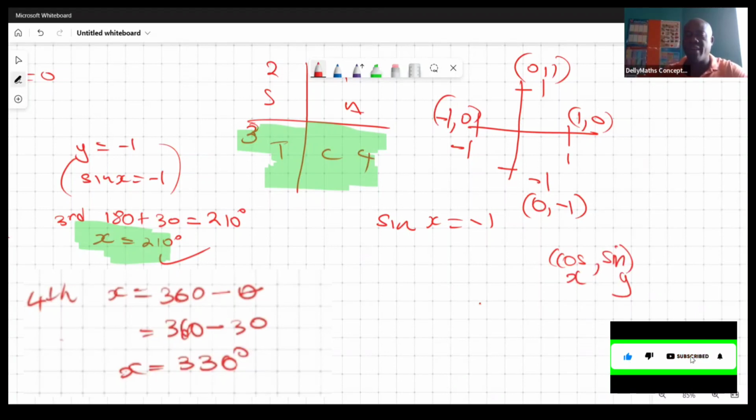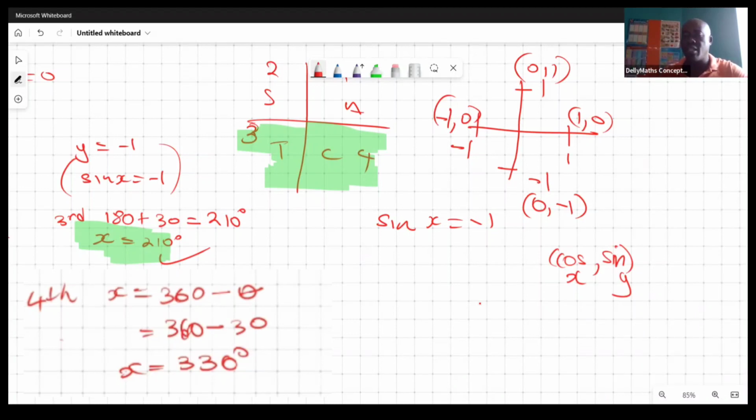So all the x values are cos, all the y values are sine. So we want to see where sine is -1 anywhere. So let's look. That's 0, that's +1, this is 0, and here is a -1, right? So we're looking at this one spot here where sine is -1 in that whole 360. This is 90, this is 180, and this is 270. Back at 360 there. So at 270, x is equal to